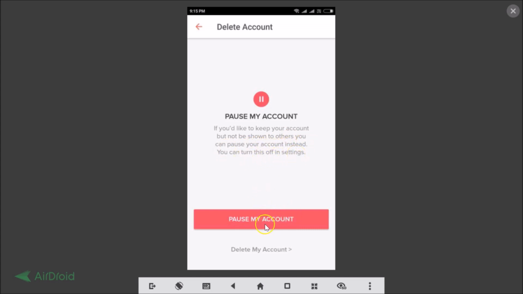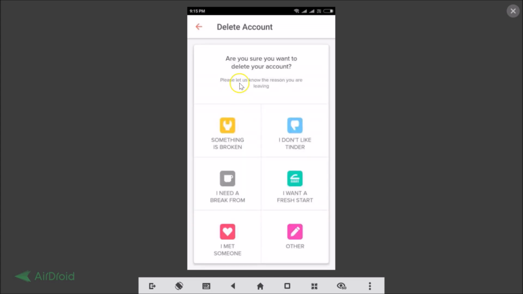Okay guys, so here you get this option also, like to pause your account. You can tap on this pause my account and it will be paused. Okay, but in this tutorial we will delete the account. Okay, so you just need to tap on this delete my account, this link over here at the very bottom of this screen. Okay, so let me tap on that, and on this screen we get this message,